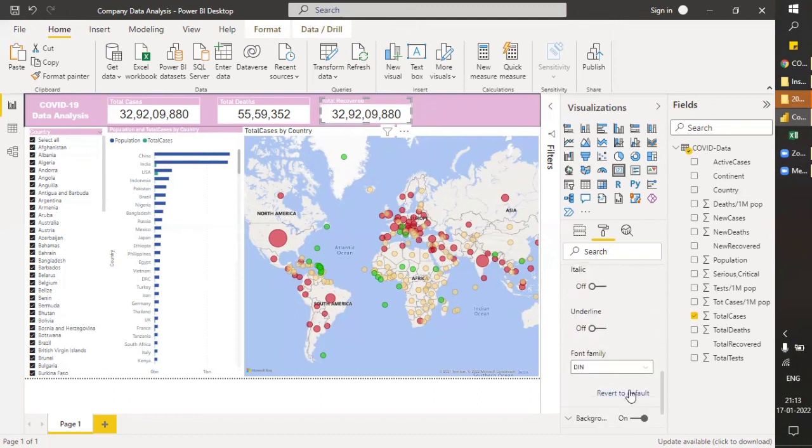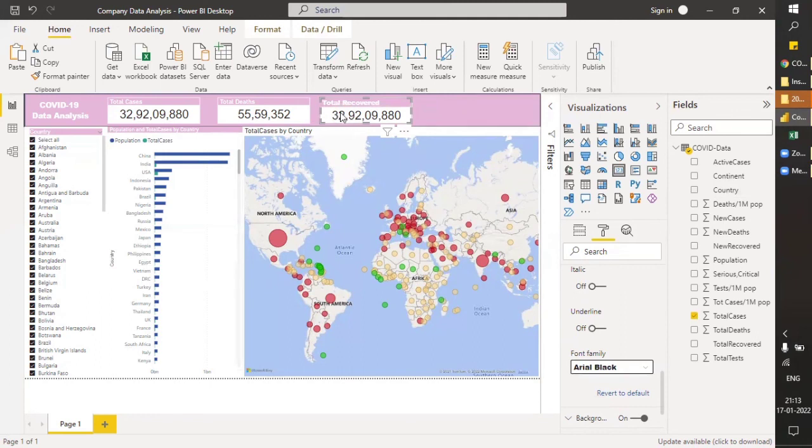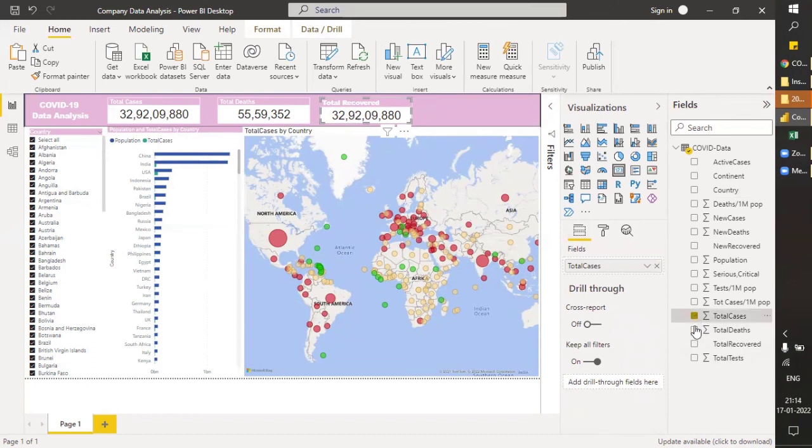This should be 12, Arial bold. Fine. Yes. And total cases, not total recovered. Something is wrong, there is some issue with this data. Total recovered.